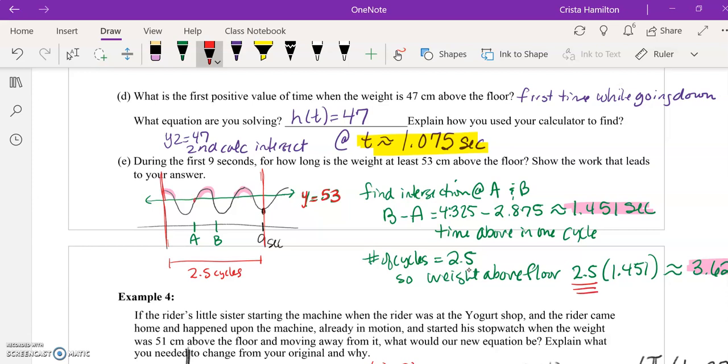I decided to go ahead and find this intersection point and that intersection point for the two that I was going to subtract, so that way I could find a whole section. It's certainly not the only way that you guys can do this.